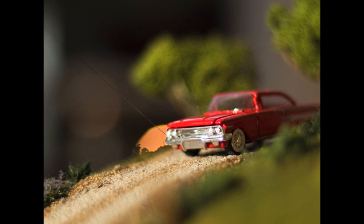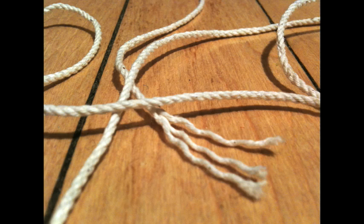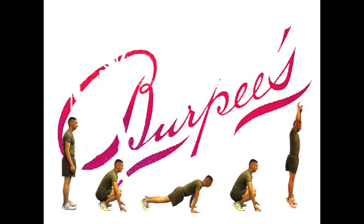The little car is held in place by a couple strands of fishing line too. All the cylinders are held in position by a piece of string with little hash marks on it to tell me how far I need to move the wheel for every frame. The shoot was about 6 hours, and I did about 800 slow-motion burpees through the set to move everything correctly